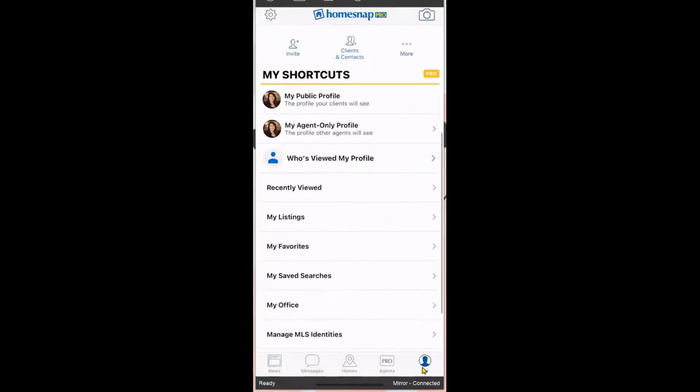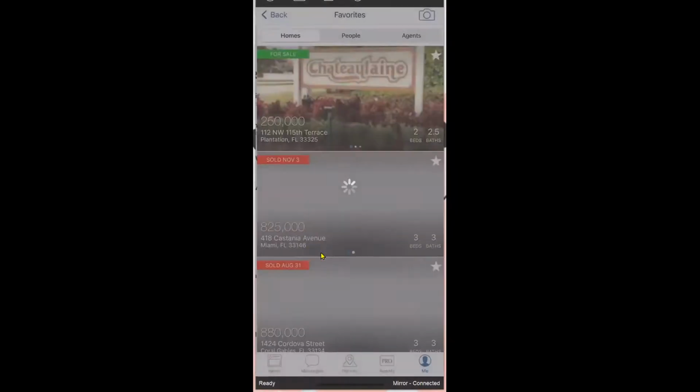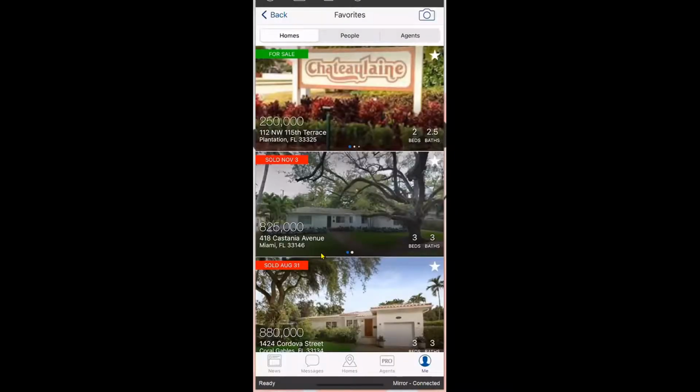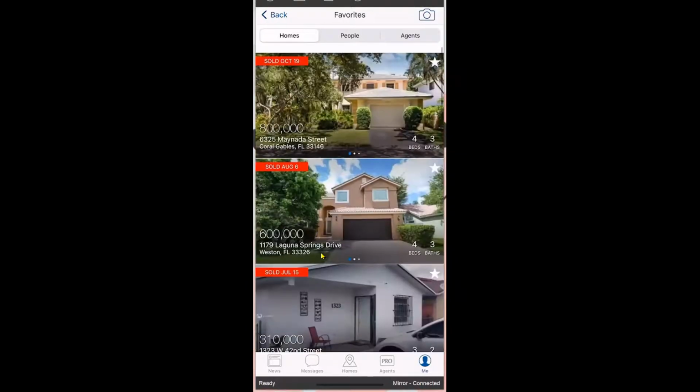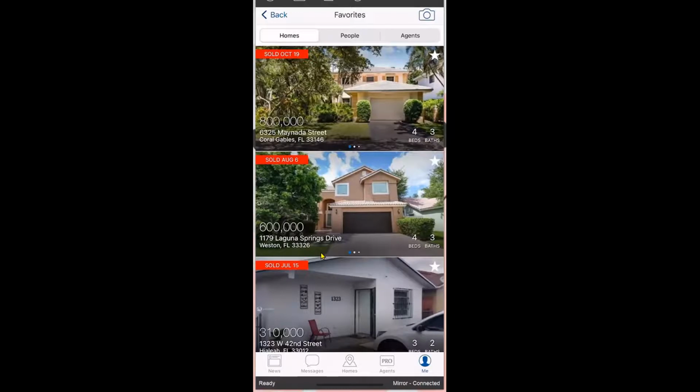okay, if I go to my favorites, which is toward the bottom of the screen, those would be the listings that I have favorited, that I have saved by tapping on the star. And then from here, I can tap on any of them and see more information. If you no longer want to keep it saved, you would tap on that star again. Okay, and then I'm just going to do this to a few. You would drag down from top to bottom, it would refresh, and those properties or listings have been removed from